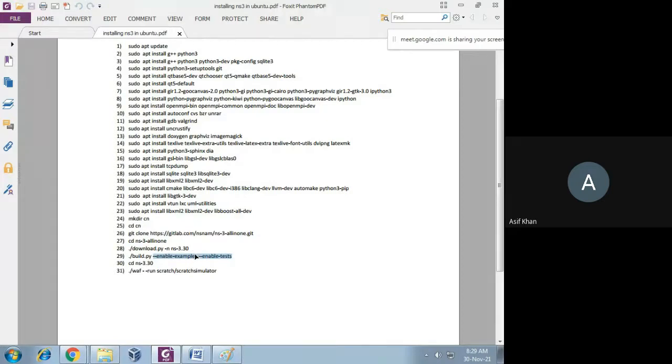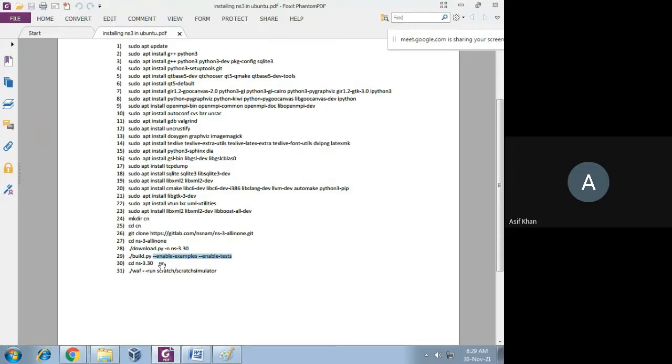After running this command, the build will take around 30 to 40 minutes. It depends on the speed of your computer, not the internet connection, because you have already downloaded. If you are using Google Cloud Shell, it will be faster, because it is using Google server, which is faster. If you're using your local computer, it will take around 30 to 40 minutes, or maybe around 1 hour if your system is slow.